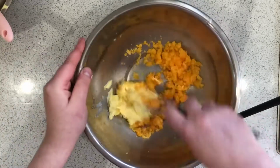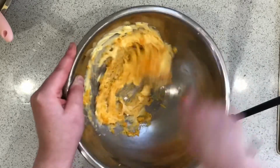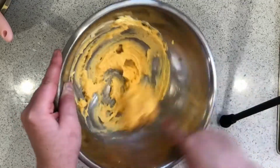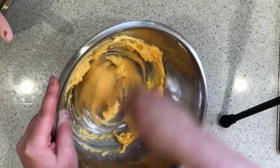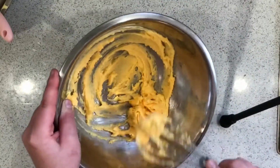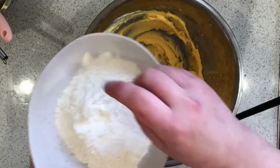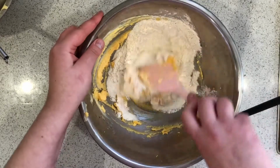I'm gonna whisk that in until it's nice and smooth. And then I have my flour with my baking powder. It's got quite a lot of baking powder in there, so just mix it around, tip it in, use your spatula